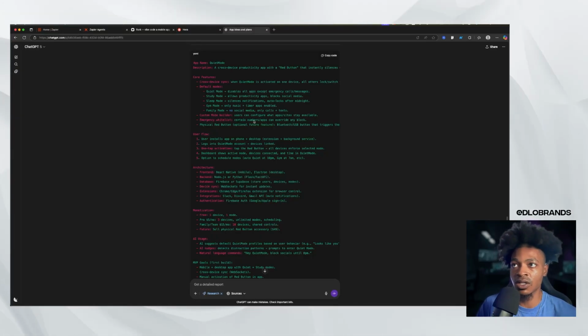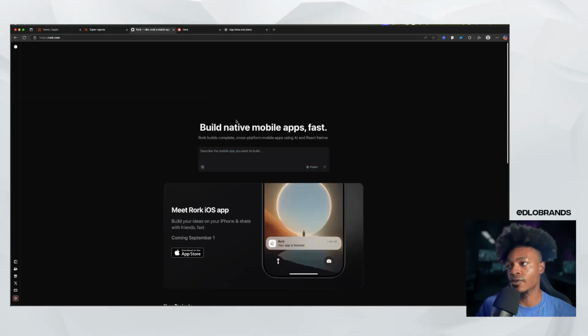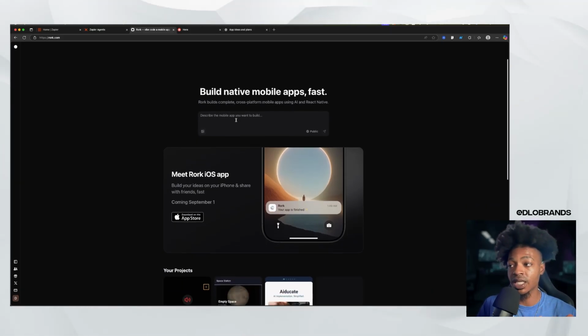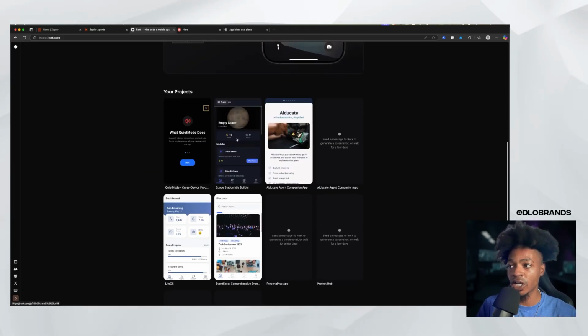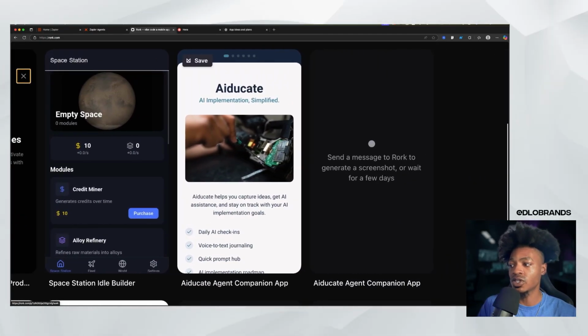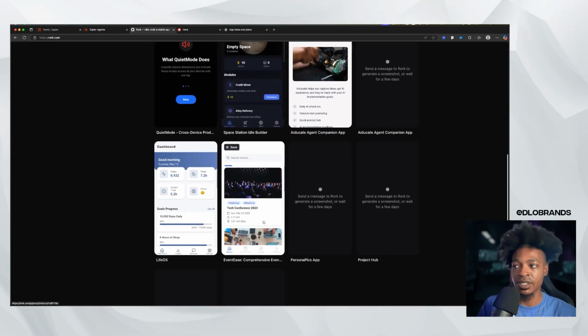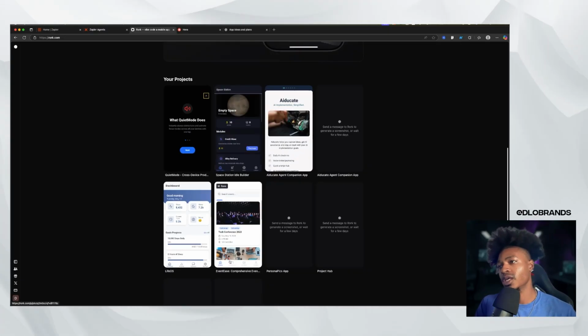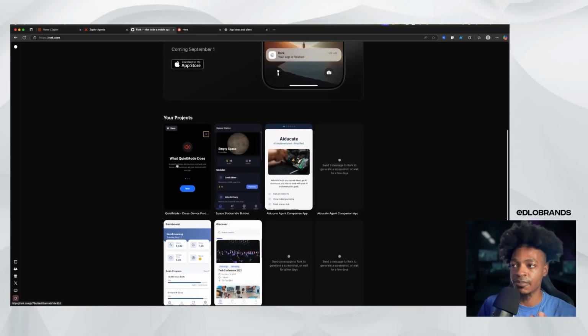Like I just took out all of those. But we go over to Rork, and if you do not know what Rork is, basically you can build out your mobile apps and try them out very, very quickly. And we've built out apps before. I've shown you guys this kind of game that we built out together. I've shown you guys other apps that I built out on here, like this event app. So you can do some pretty cool stuff, but we did